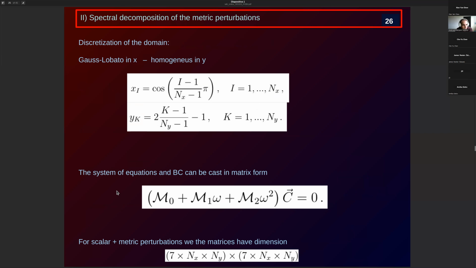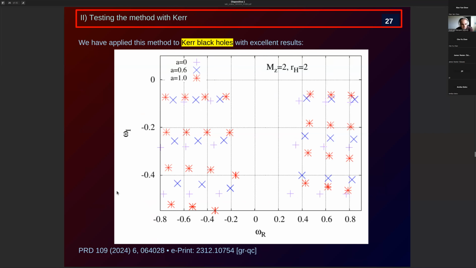First, some tests. We applied this method to the Kerr black holes to confirm that we can reproduce the very well-known results, the spectrum of Kerr that can be obtained from the Teukolsky equation. That is very simple because it's essentially ODEs that you have to solve there. So we did what I told you, decomposing the metric perturbations of Kerr using the spectral method, and then you study the quasinormal modes. Here, in purple, I showed you the quasinormal modes of Schwarzschild. If you increase the angular momentum, this is J over M squared, you will get the modes for Kerr with the corresponding angular momentum.